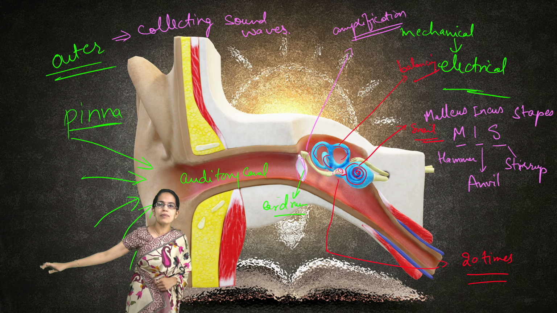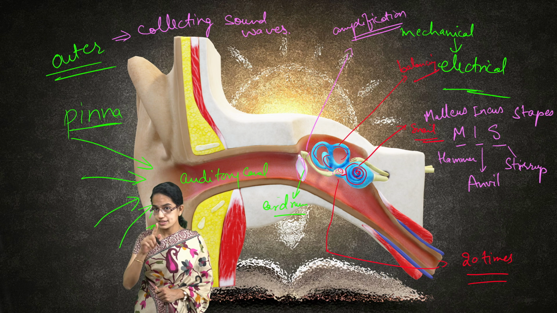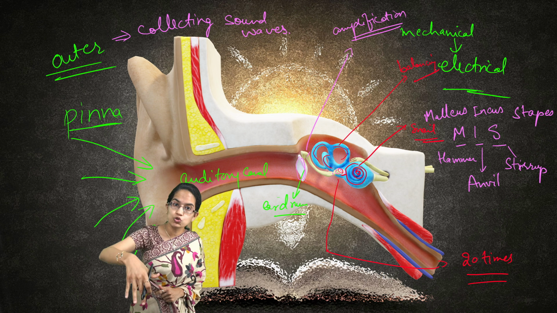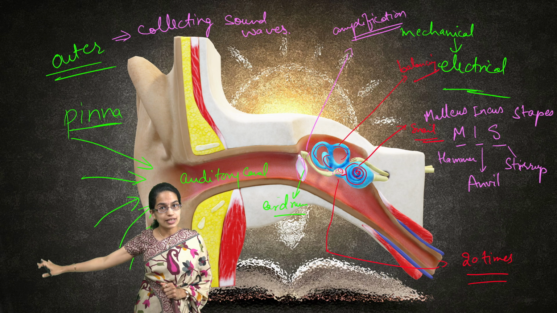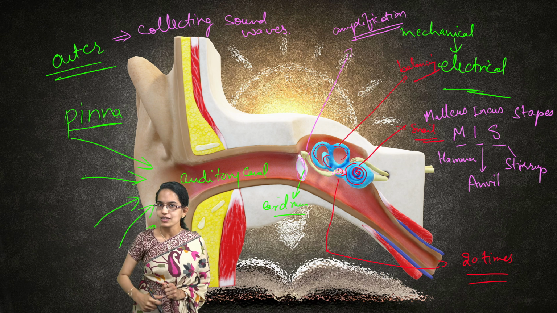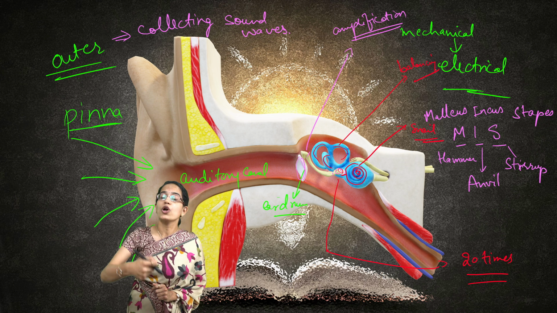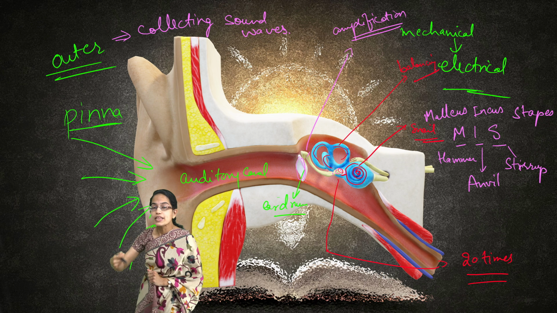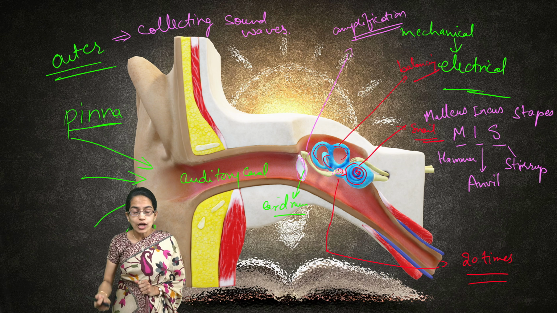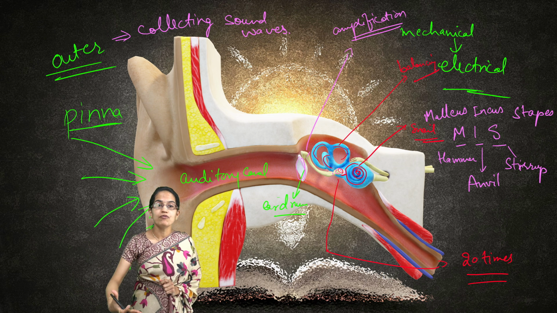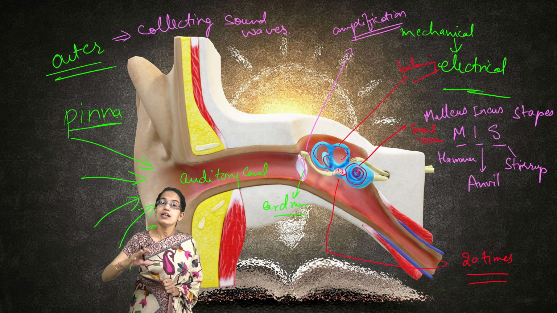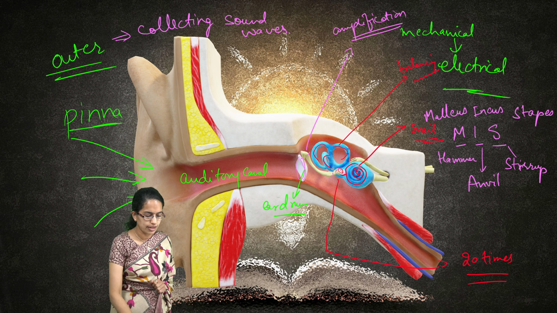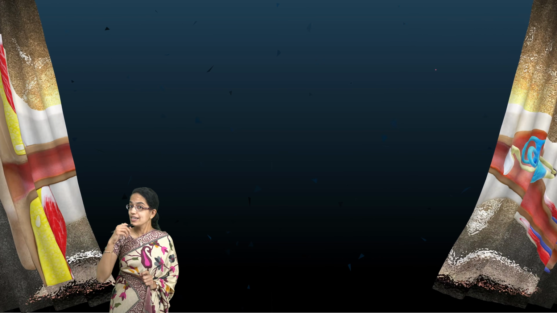Now, understand this. If I am moving my hands here in the air, it is easy. But now I want to swim in the water. So, the same movement of the hands that I am doing in the air versus that I would be doing in the water would cause me more effort, and therefore, when the sound waves move through cochlea, there is more effort that is being required. And this is the place where liquid is filled within the cochlea. We'll understand this in a while. So this liquid also has certain hair cells in it.